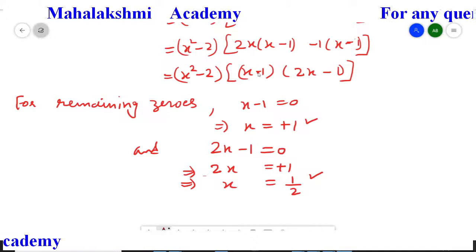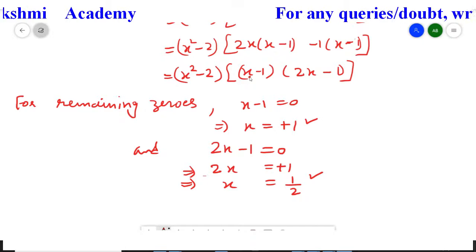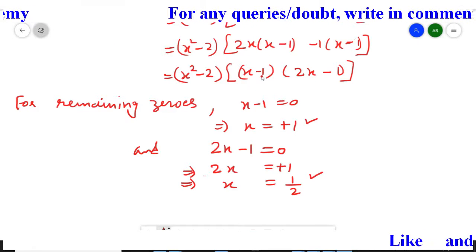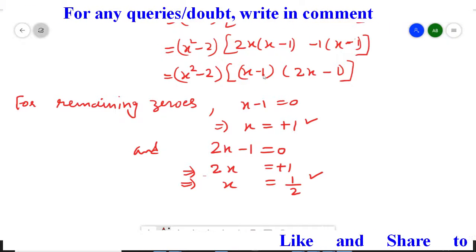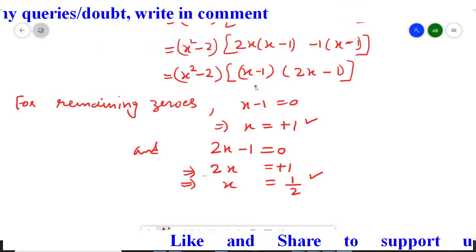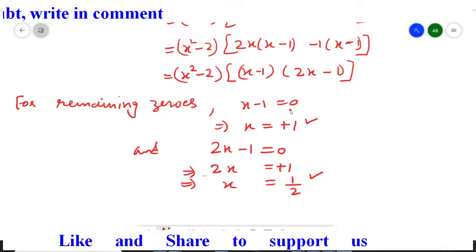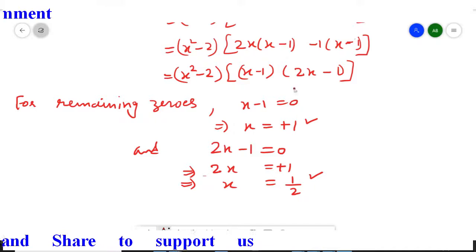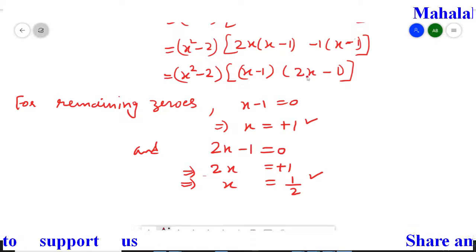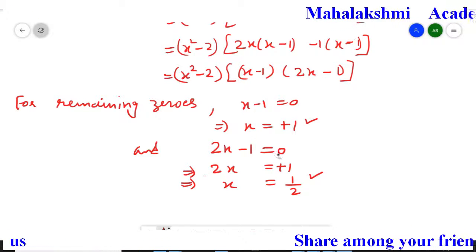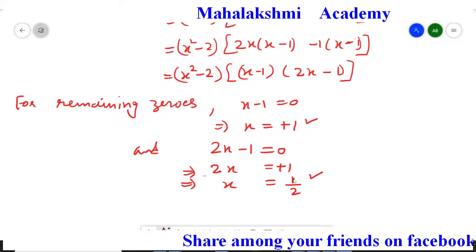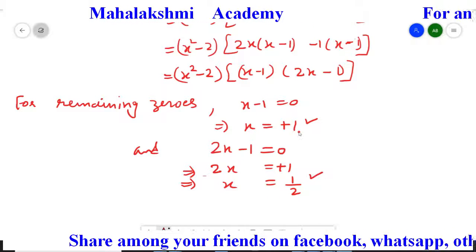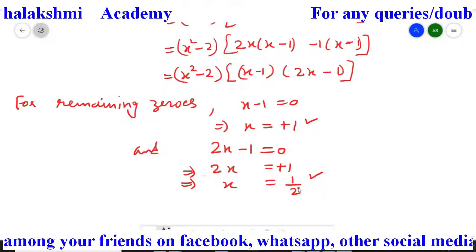From here, students, these are the two factors. So from these two factors, if we have to get the zeros, one by one just keep them equal to 0. So first I kept x minus 1 equal to 0. So since it's minus 1, when we shift here it's going to be plus 1. In the same way, 2x minus 1 I kept 0, and from here x I obtained is 1 upon 2. So the two remaining zeros are x equal to 1 and x is equal to half.